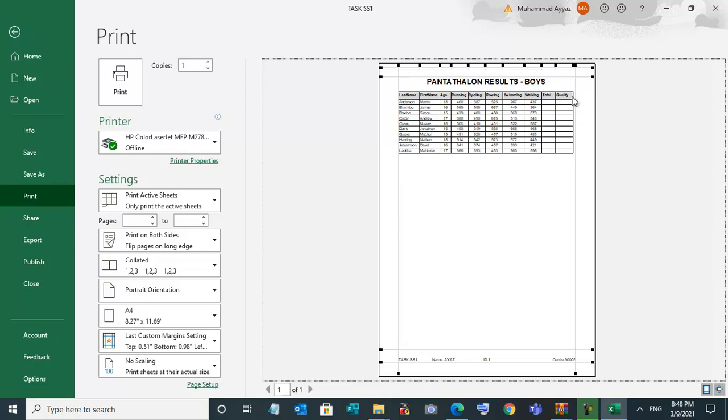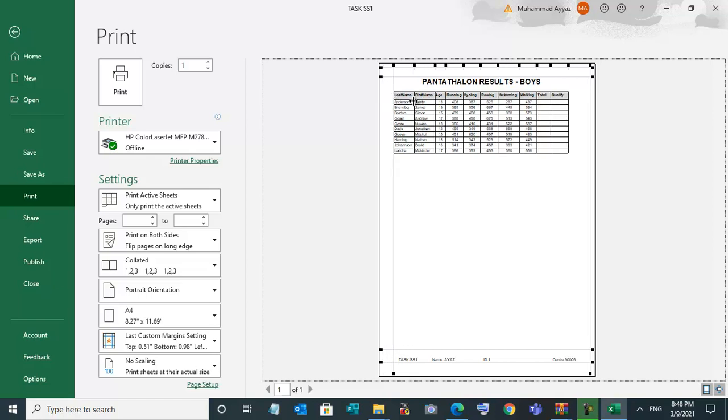If some column is missing on the right side, move this line towards the right. It will create more space. Then move this line towards the left. You can move to adjust the data, but leave some space from here because the printer needs some space on the left side.